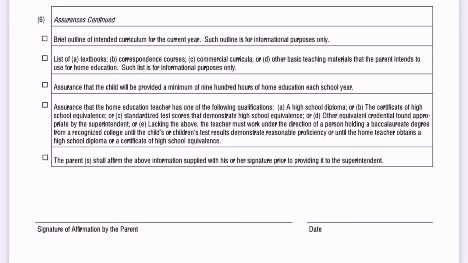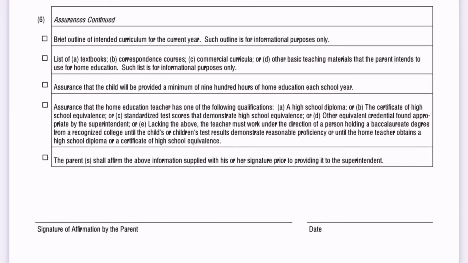If you don't have any of that criteria, you can find a person that would oversee your school. They have to have a bachelor's degree. I will do a separate video that goes into more detail on the expectations of the parent, but right now you need to make sure that if you do meet that criteria, you check that box. All the boxes need to be checked, and therefore you don't meet criteria if you can't check the box.